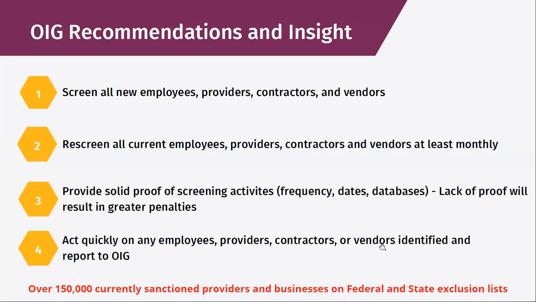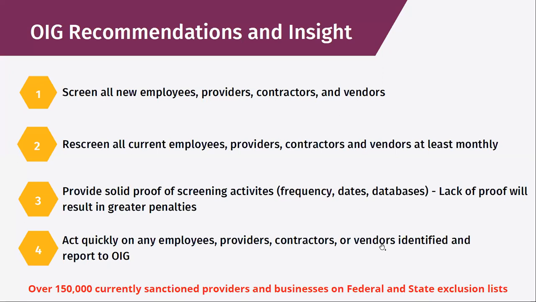There are, I believe, 5 federal sanctions and exclusions bodies. And then within the states, there's another, I believe, 41 states that have state exclusions and sanction lists. And all of these should be checked, particularly if you're a provider that's working in multiple states. It's also recommended that all of those, once they're in your ecosystem, be rescreened on a regular basis. And the recommendation is that that is done at least monthly.